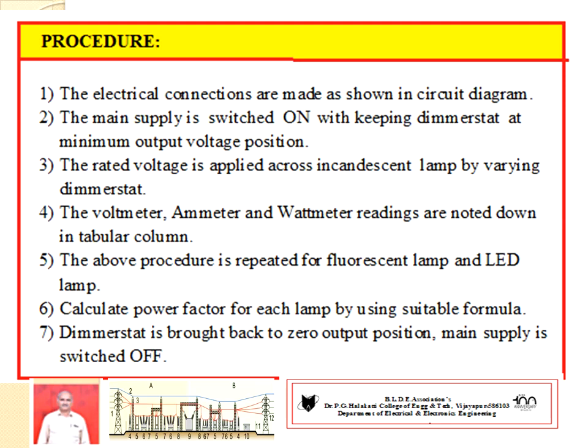We are using an SPST switch. You can open the SPST switch; when it is open, it creates an open circuit. Then we have to change the load. After that, again we close the SPST switch. Then note down all meter readings. Then calculate the power factor by using the relation power equal to VI cos phi. Then again the thermostat is brought back to its zero output position and the main supply is switched off.